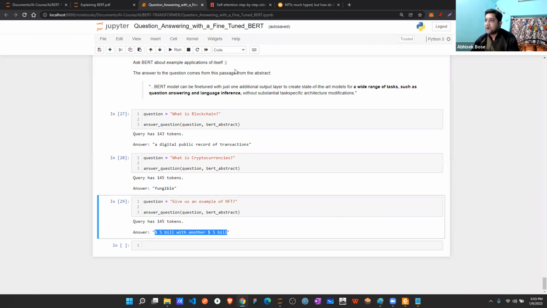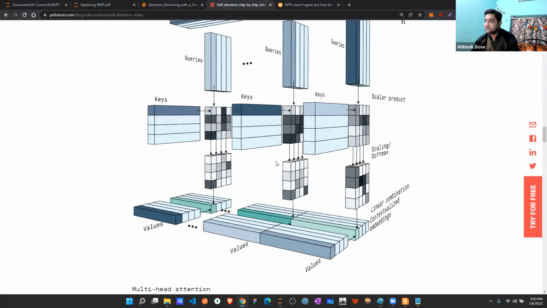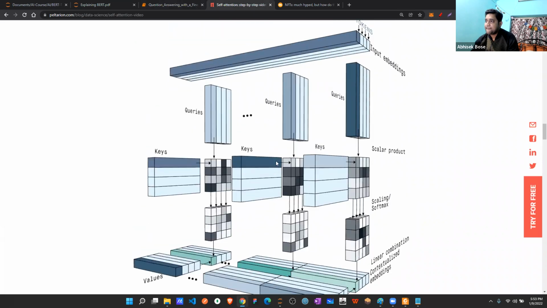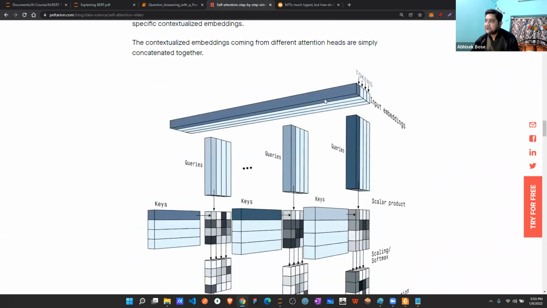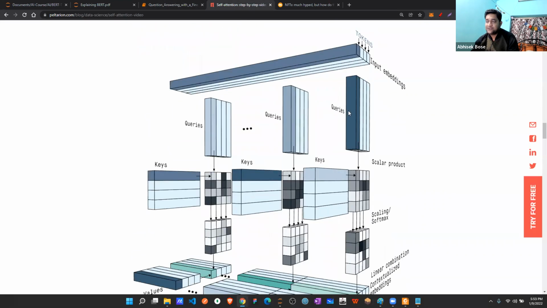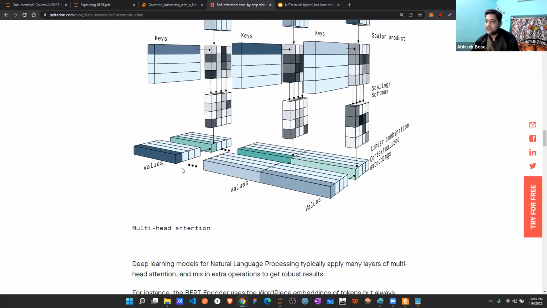Now, if I'm going back over here, see, individual tokens are coming, the queries you are giving, the keys you have, you are doing a scalar product, then doing softmax to check, and whatever the value comes out, that is called multi-head attention, correct?